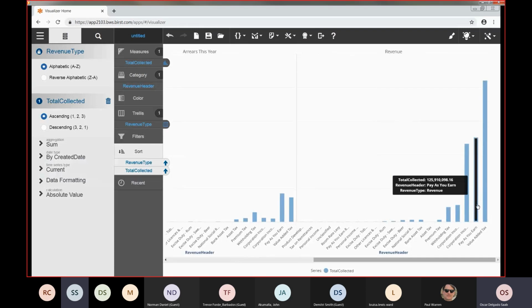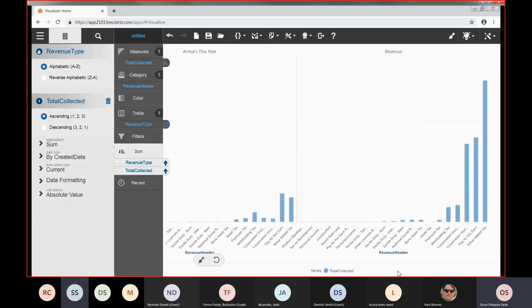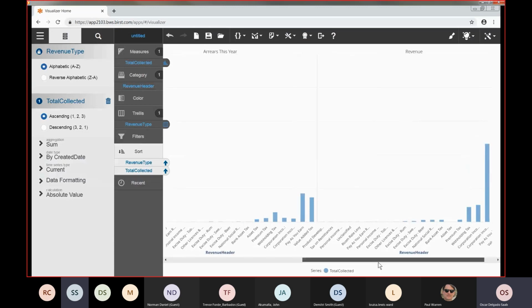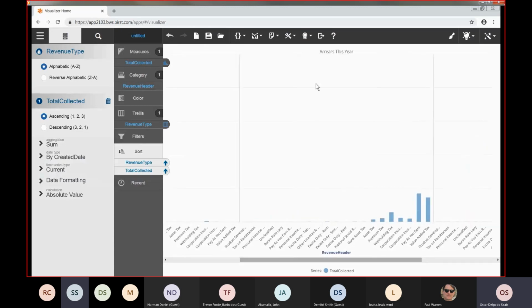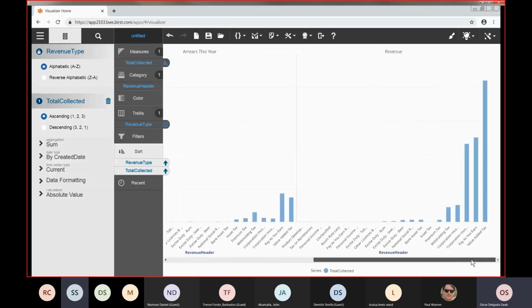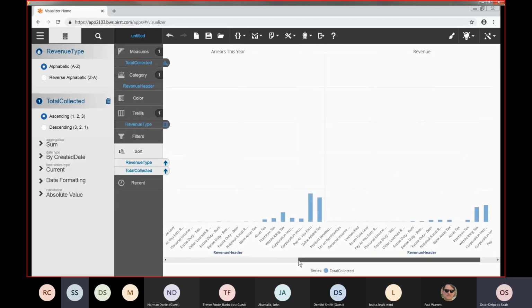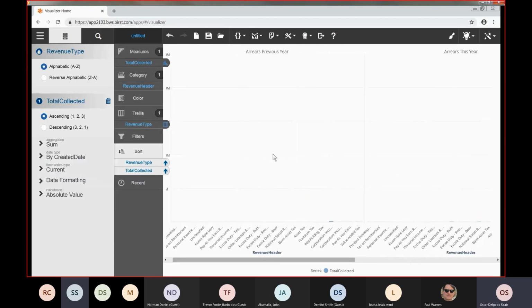Then the second is the pay as you earn. The third is the corporation income tax prepayment, and then withholding tax. And we can see the same information by the revenue header. The prior was the actual revenue, as you can see on top. Then we have the arrears for this year. So for value added tax, we have only like 36 millions. For pay as you earn, we have like 42 millions. And if I go back to the arrears of the previous year, well, I see that we have corporation income tax prepayment from